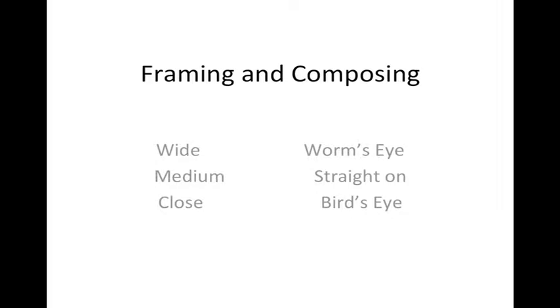So I want to talk to you for a minute about framing and composing. There are 6 different shots that you're going to be thinking about using while you're out composing with the camera. One is your wide angle shot, your medium, and your close-up shot. And then within that you can also employ a worm's eye view, a straight-on view, or a bird's eye view in some cases. I'm going to show you how these kind of fit into what we're talking about with composing